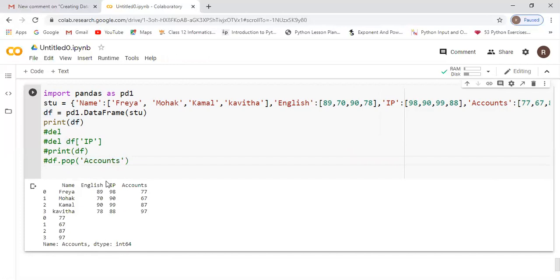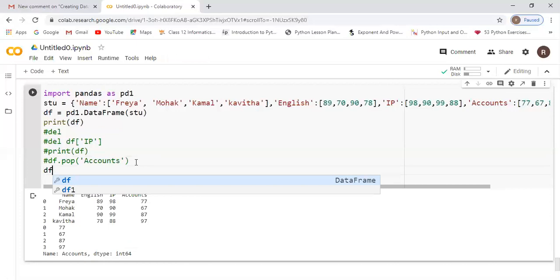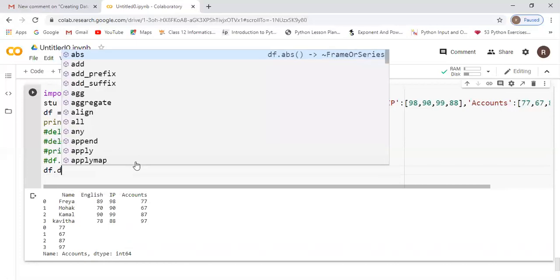The next one is with the help of the drop method. The drop method is also used to remove a particular column from the data frame. How you have to use it: you have to use your data frame name dot drop.